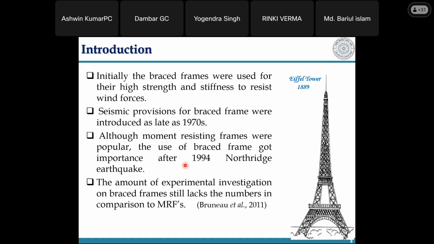But the 1994 Northridge earthquake, which we talked about last time, became the pivot for many design improvisations. Many code clauses came into being after the 1994 Northridge earthquake and the 1995 Kobe earthquake. These two earthquakes, 1994 and 1995, have been very pivotal in terms of the steel design that we do now, right? And till now also,